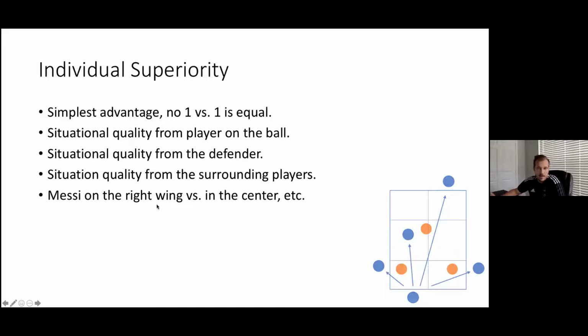You probably have an individual superiority in both, but you want to create it in a situation where it's the best for that player, right? So can you have your player who's the best on the wing, have him in that area? Your best player in between the lines, have him in that area. So everyone has their individual superiority spread out through the field, and your most talented players are getting the ball where they're supposed to.